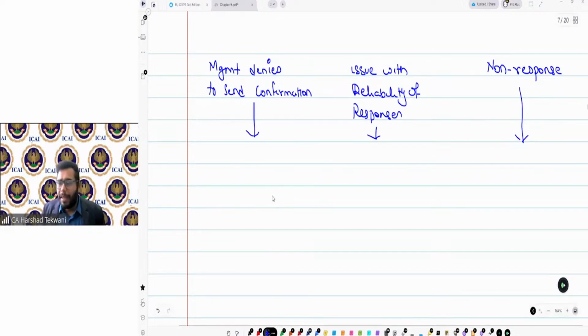So in each of the cases, we need to understand what is required to be done. Let's say, for example, case number 1, when management refuses to allow the auditor to send a confirmation, what will you do? If management says, do not send confirmation, I do not allow you to send confirmation to my account receivables, what will you do?